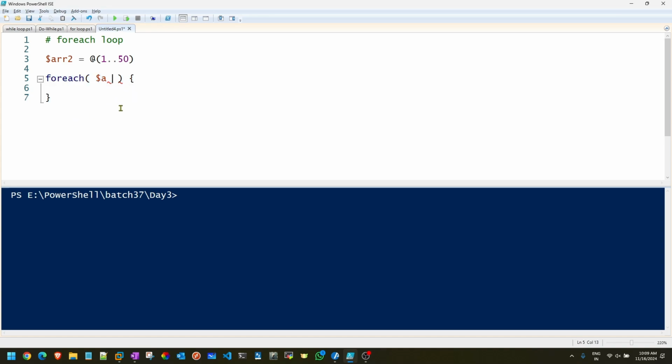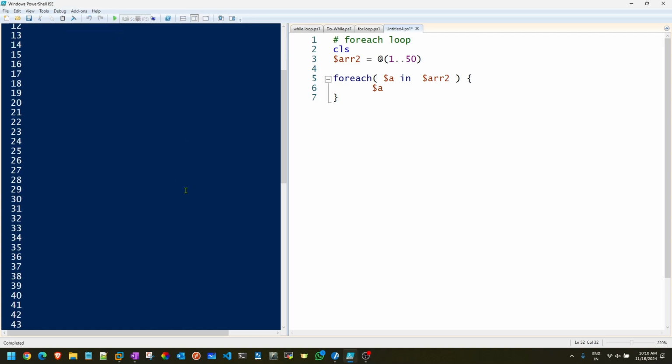Now this $A is going to fetch the data from array 2, so in $ARR2. That's it. And now what I need to do is just print $A. Remember that: I need to print $A, not $ARR2. $A will pick up the data from the array and then print it. Got the point now? So simply when I do this,